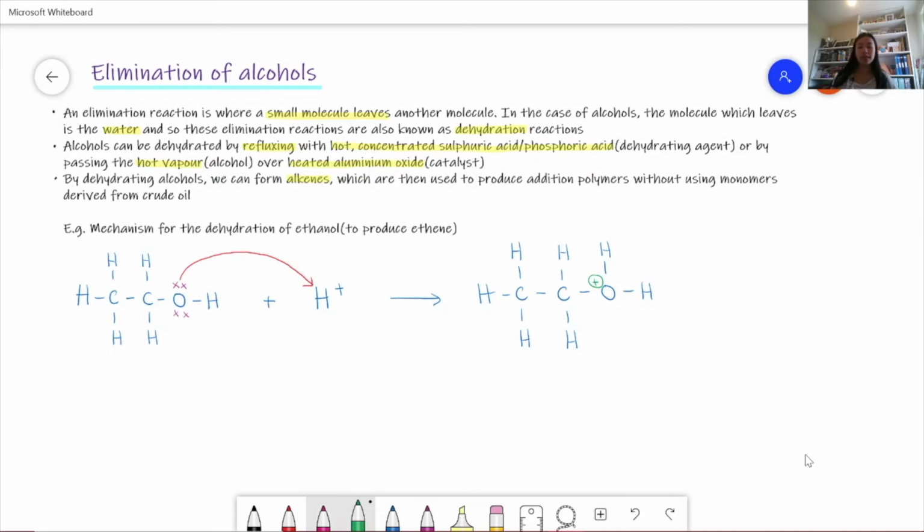And now what happens is that the electrons of this covalent bond move towards the electrons on this covalent bond. And then the electrons from this covalent bond then move towards the oxygen to remove that water. And so what we form is we form ethene,